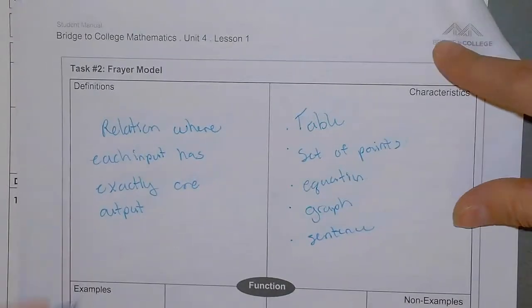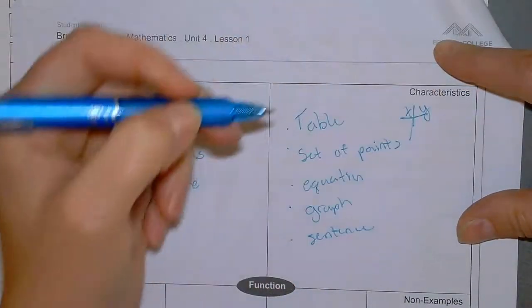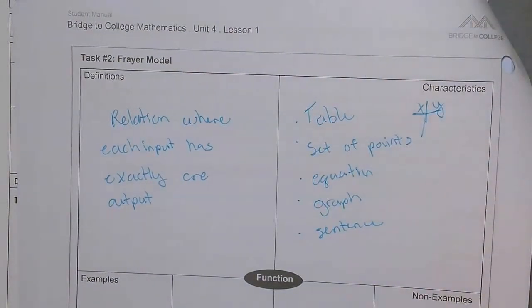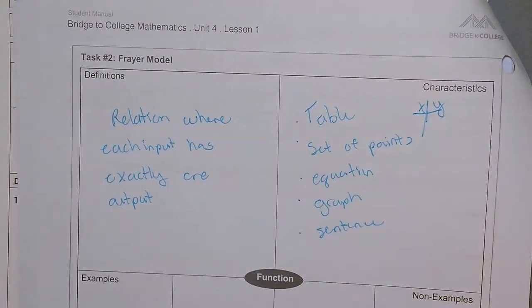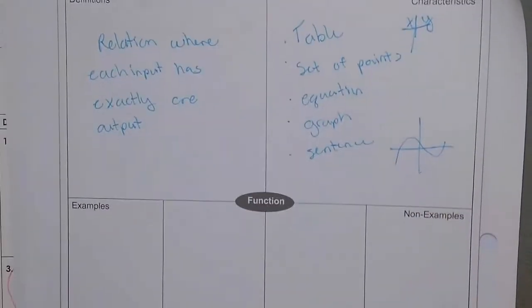So, maybe draw yourself some pictures. When I say table, I mean like X, Y. Okay, so just some things about functions there. Whatever you think of when you think of a function, maybe you just draw a graph. And then for examples and non-examples,